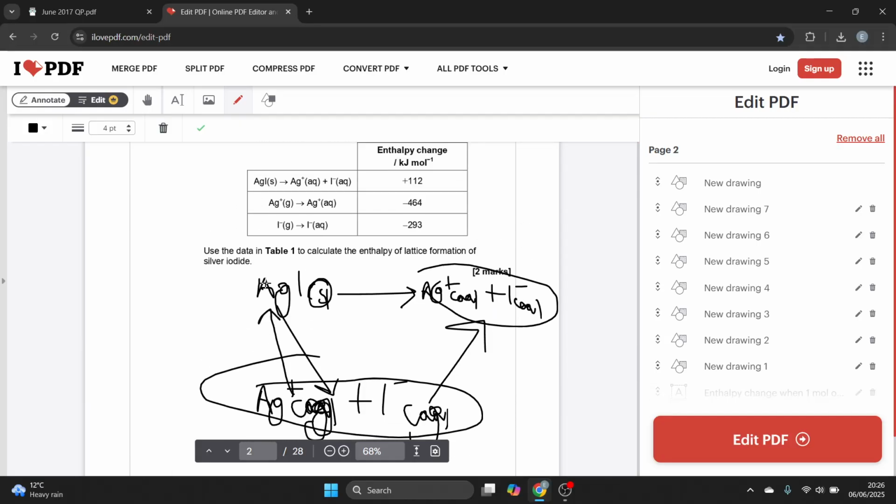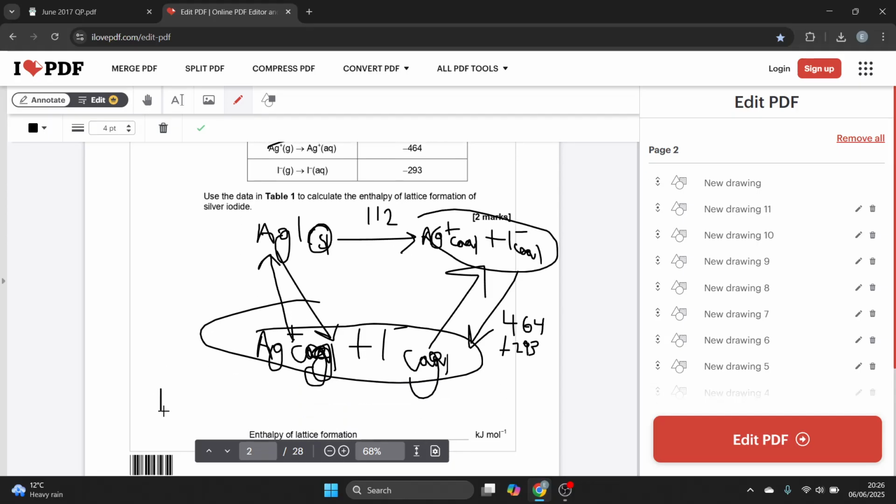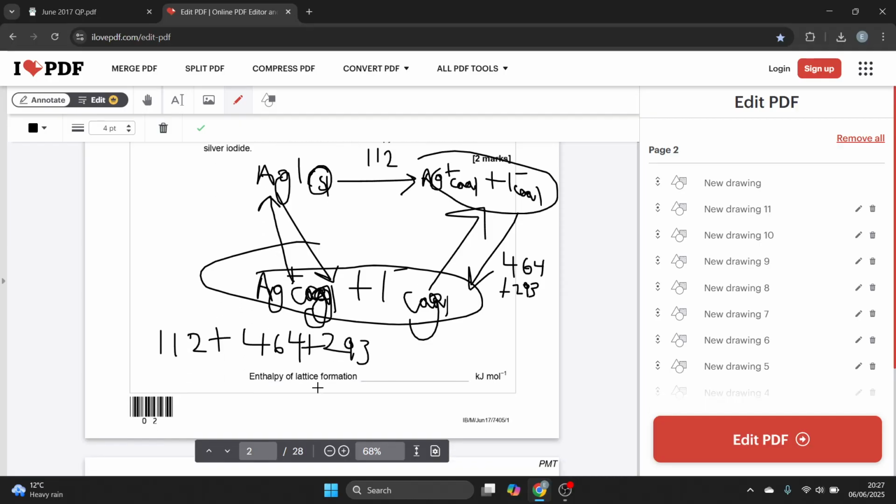If I want to go from here to here, I know that is 112. Then I know to go from Ag plus gaseous to Ag plus aqueous is minus 464. So I'm trying to go the opposite way around, so I'm going to do plus 464 plus 293. Because if I want to go from gaseous to aqueous, but I want to go aqueous to gaseous, it's going to be 112 plus 464 plus 293. And that would give you